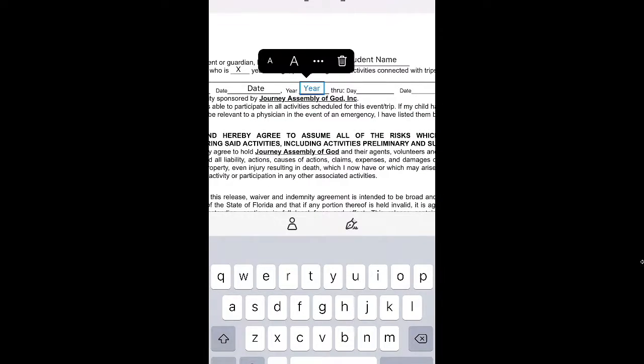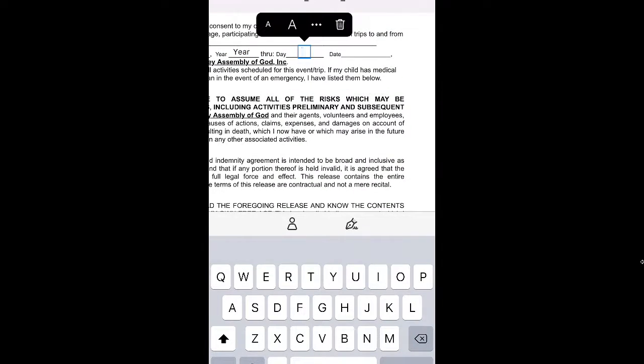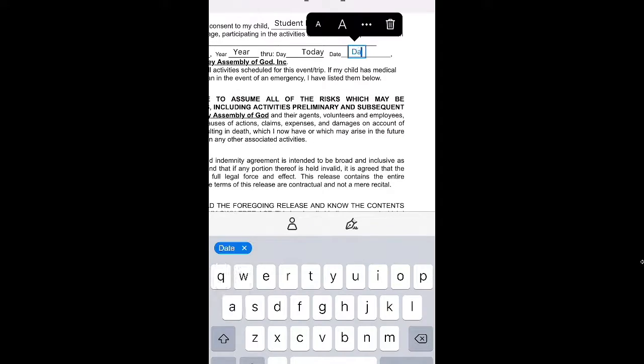And then you'll go through the end of whatever the event is. So if we were doing multiple days, that is where you'd fill in the last day of the trip. But being that this is just a movie, you would again put today, and it'll start filling it in for you, and the date. Right? So once you fill all that in,